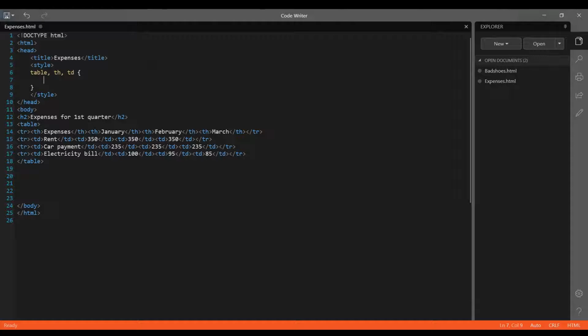So now we're going to say border, colon, how many pixels we want. Let's say right now I want 5px. Okay, so you can't type pixels. If you type pixels, it's not going to work. You have to type 5px